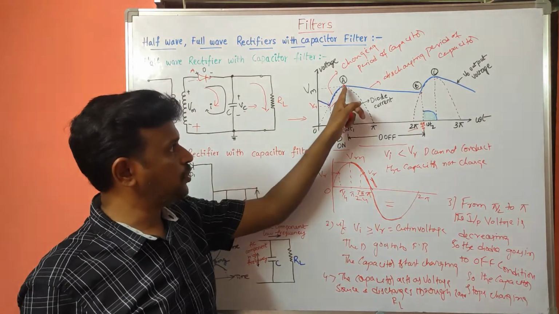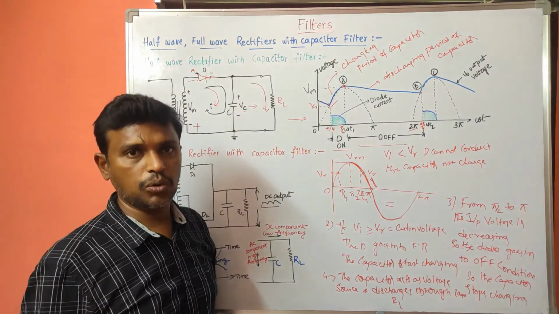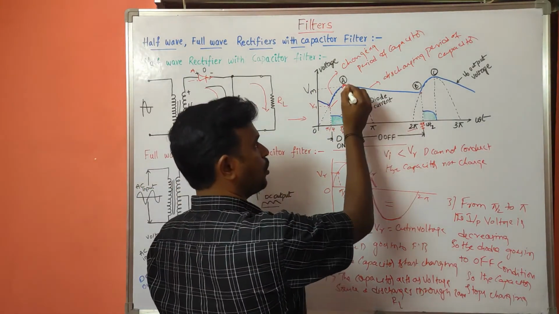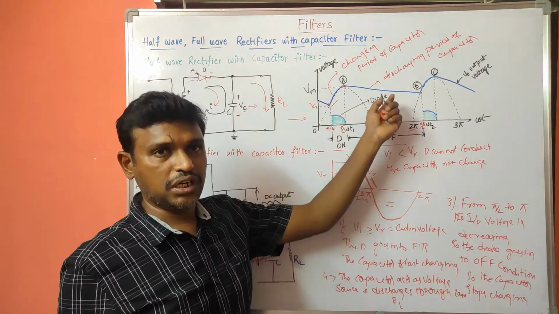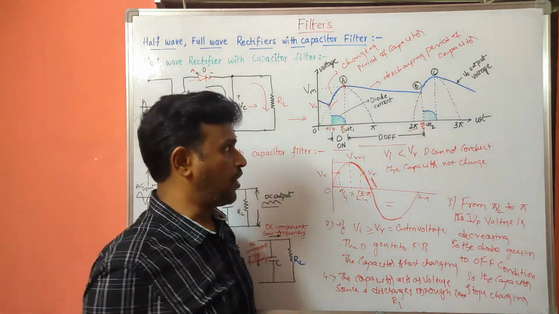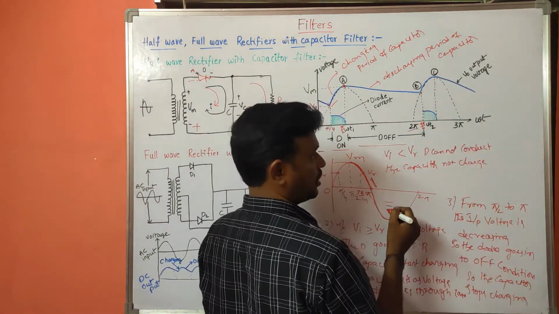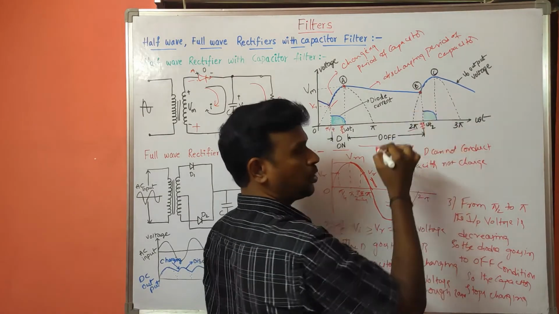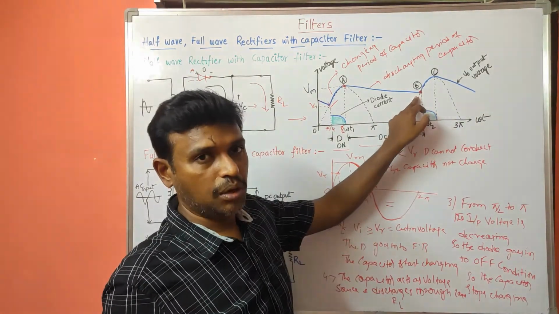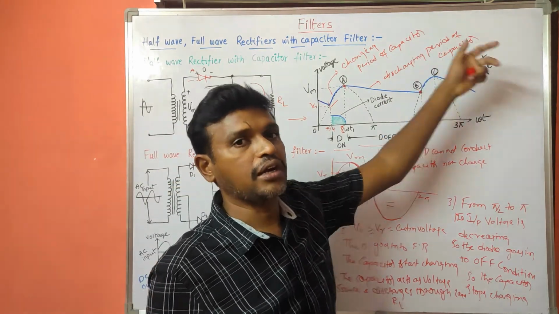Okay, so here if you observe, there are no ups and downs present in the output of the capacitor, only a straight line. That is nothing but what we consider as the DC component. Now again what happened here? Here the positive cycle is obtained in the output. So up to this point we don't get any capacitor charging, that's why it discharges. Again it will charge and discharge.